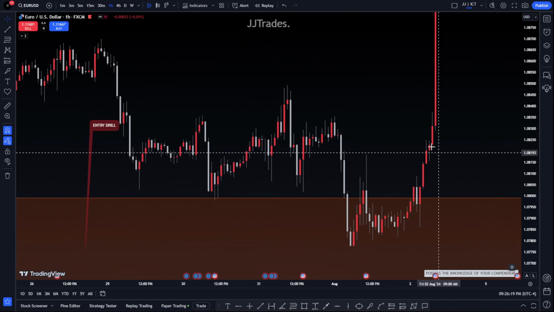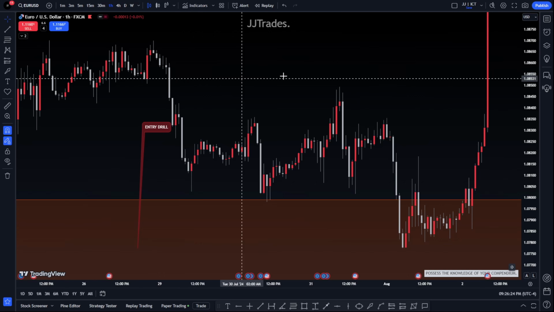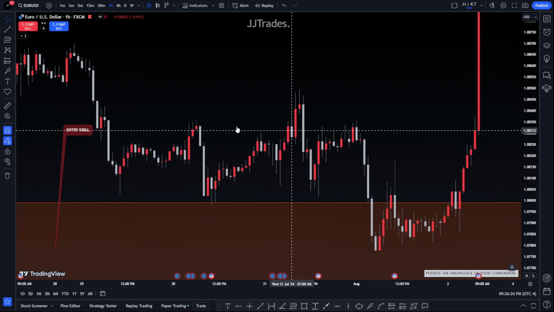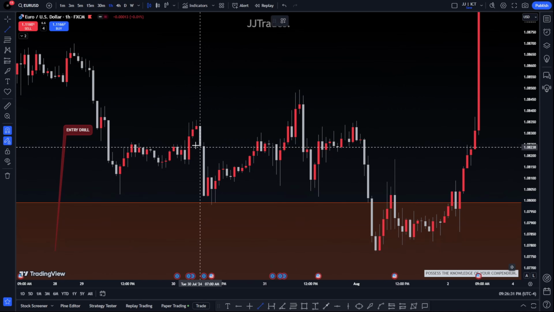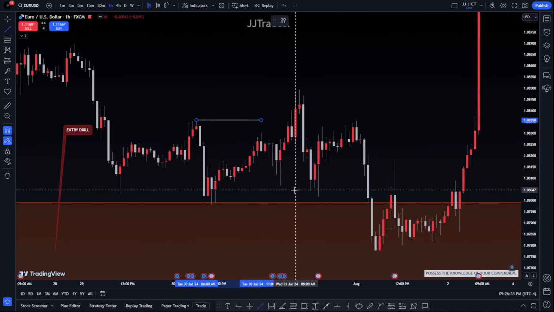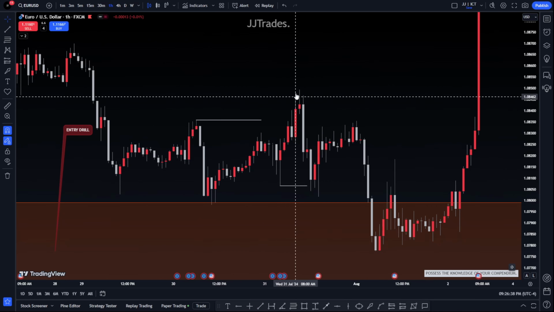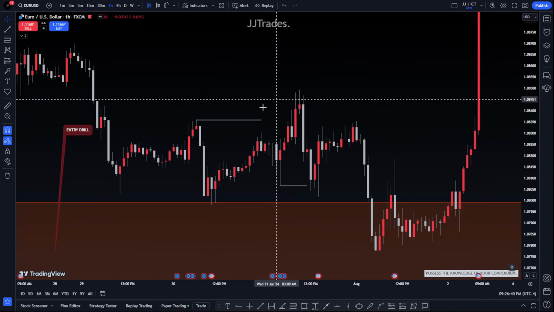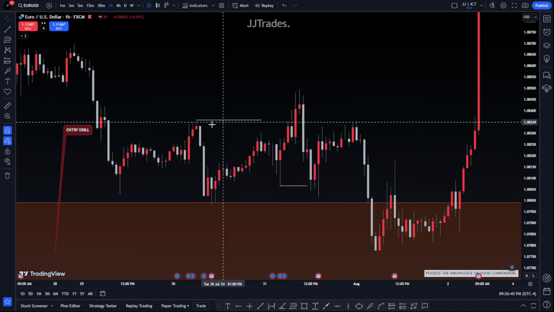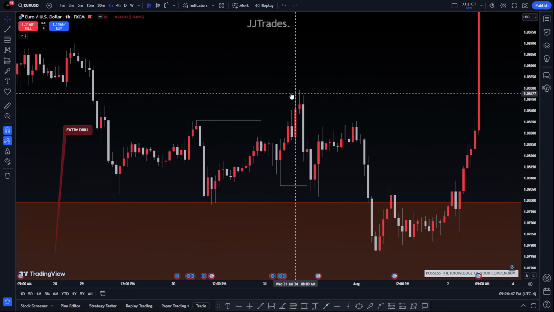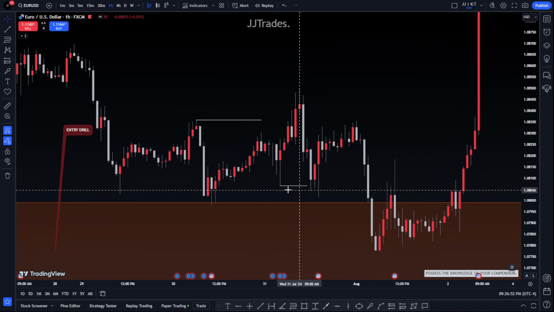Okay, but even here, if we zoom in, before that dealing range was created, don't worry about the drawings either, because these are my drawings that I use to analyze price live whenever I'm in my Discord server. But anyways, we have this high and this low. Price takes out the high. That highest swing after the high was taken out is the highest swing. Price splurges down into that low.